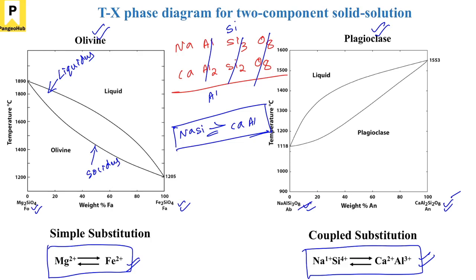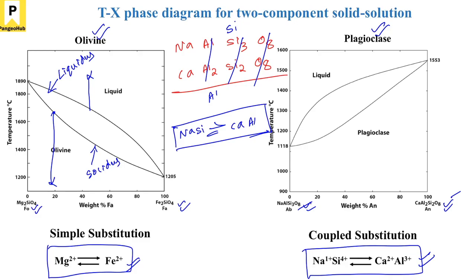Freezing point in the sense that if you take any composition, let's say from here, and you are dropping the temperature, at what point do you start to crystallize or freeze a magma. That is the temperature. If you go on joining these temperatures, you get the freezing point curve, whereas the lower one is known as the melting point curve, where if you have a magma composition and raise the temperature, the first melt starts to form. So now what we are going to do is look at crystallization of magma in these typical solid solution systems.